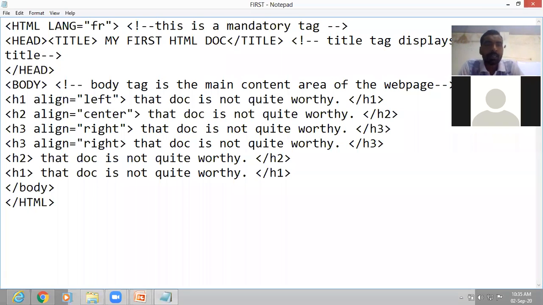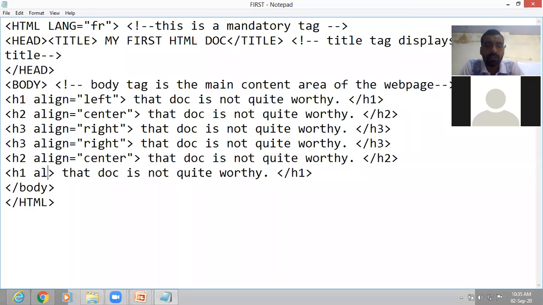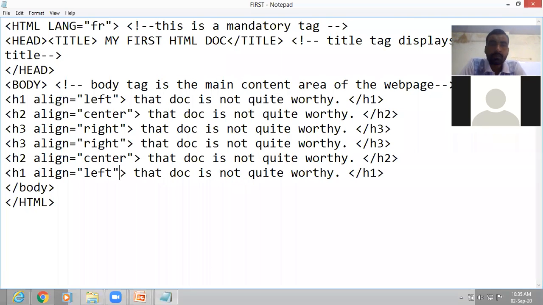Then H2, suppose align equal to center. And H1, suppose align equal to left. So now you can see we have given alignment for all the headings. Now save it.